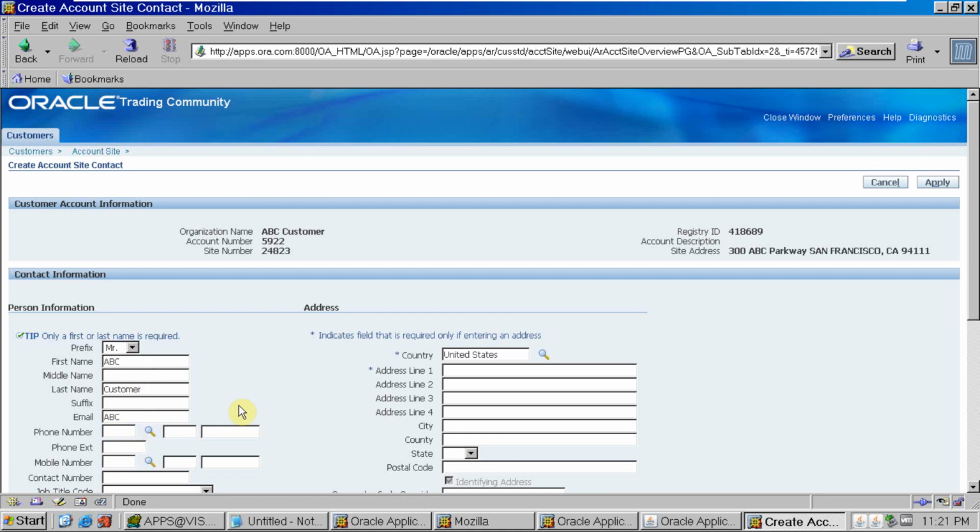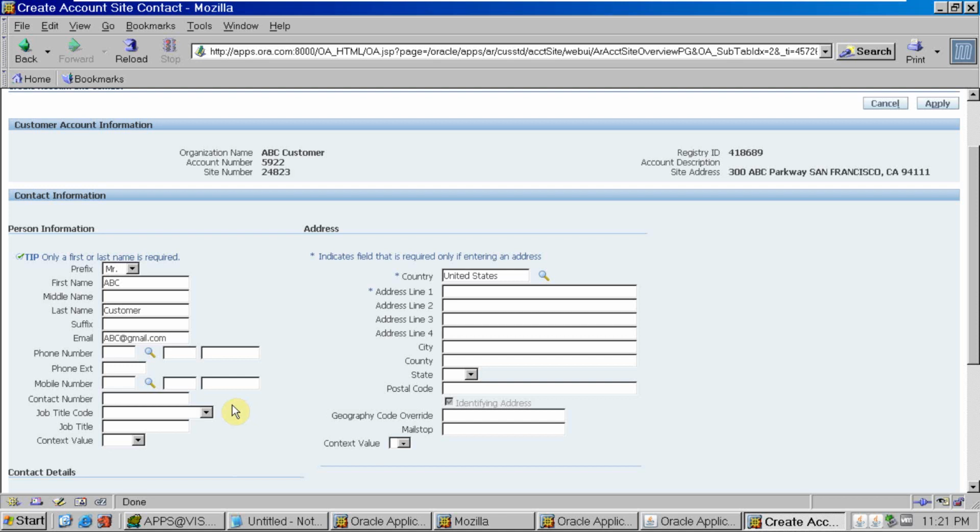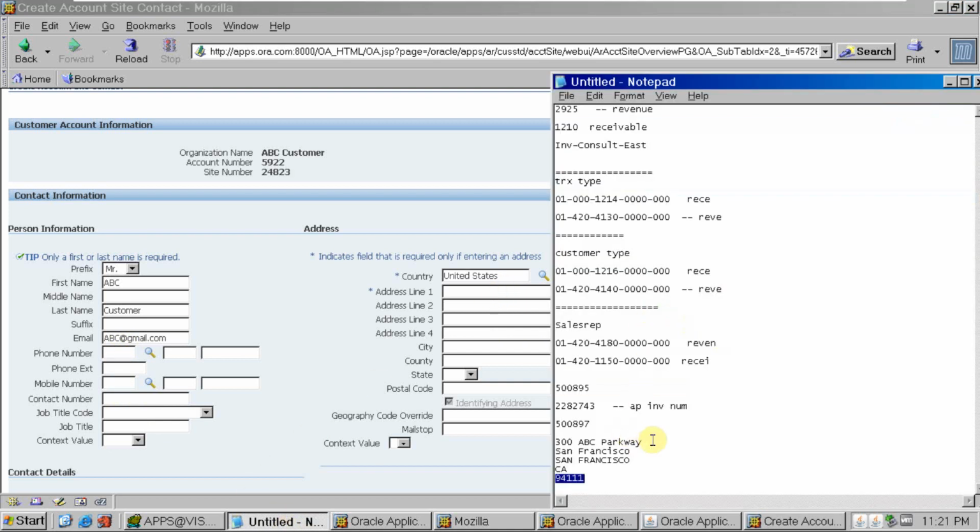Email, say, so these are the phone number details. Okay, all the contact details, so you can enter the contact details of the contact person and address. I will give the address here.